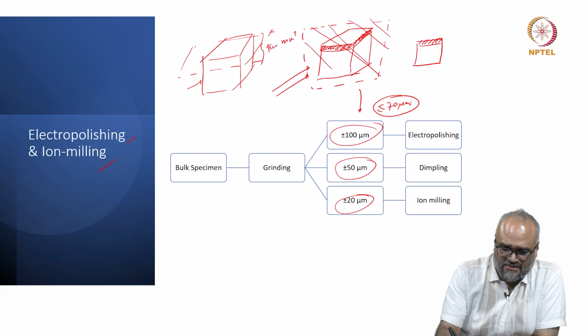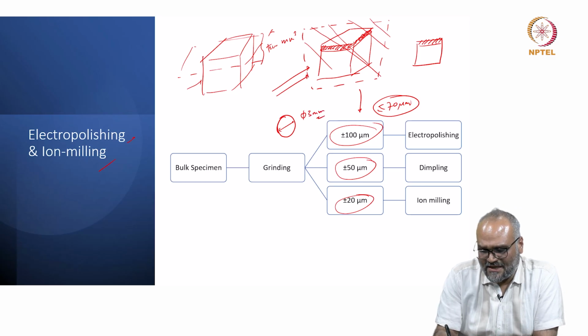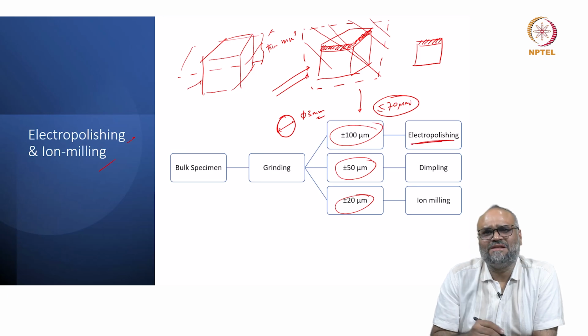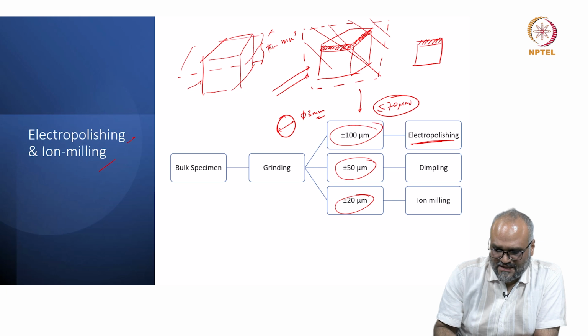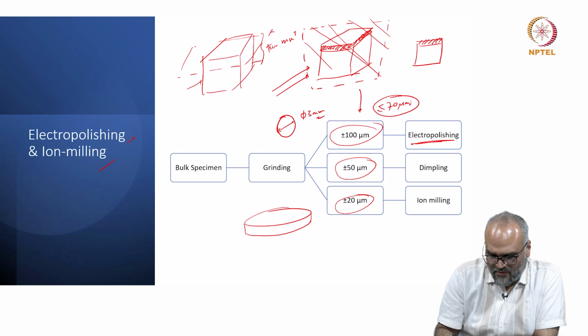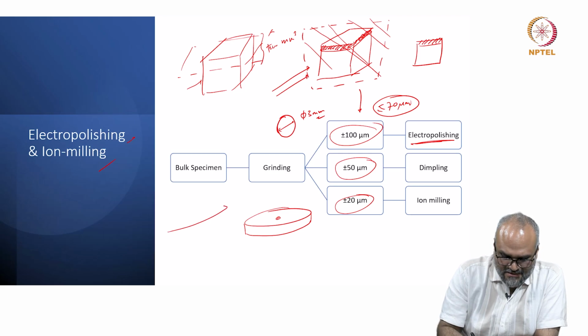you can punch out small discs which have a diameter of 3 millimeter, and you electropolish them, which is what we will see in the next slide, or I can dimple grind them. I think there is a schematic of a dimple grinder coming up next, but the idea is, if I have a specimen which is like a disc, either by electropolishing I make a hole in the specimen, or with a dimple grinder